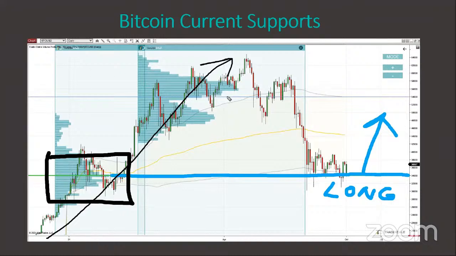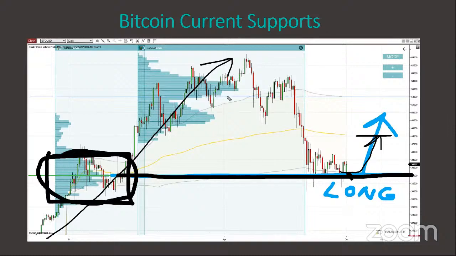By the way, this is a screenshot which I took from a video, which I think I made like 3 weeks back. So the picture is not updated. If it was, it would show that Bitcoin right now is 44K, 45 last time I checked. Somewhere in here, there already was a reaction. And yeah, what I wanted to show you was the reaction to this heavy volume cluster.